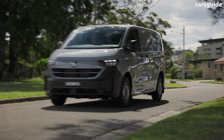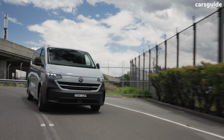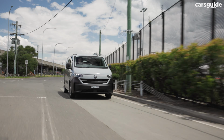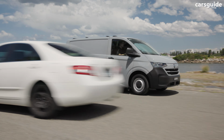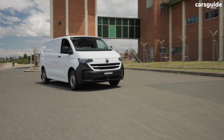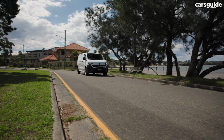Our test drive was limited, so we couldn't get a fair real-world fuel figure, but if you can hit those claims, with its 70-litre fuel tank, it has a theoretical driving range of just over 880 kilometres for the two-wheel drive and over 830 kilometres for the 4Motion, which should be enough to get even the more active delivery drivers through a few days. As for the e-Transporter, Volkswagen claims a driving range of 330 kilometres with 125 kilowatt DC